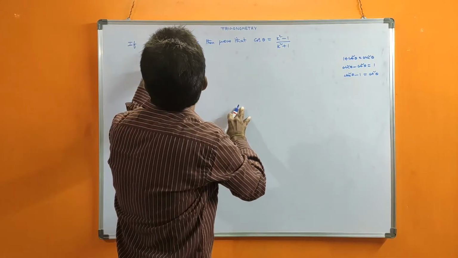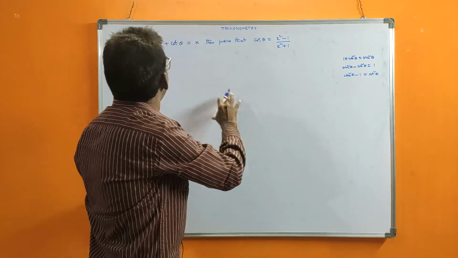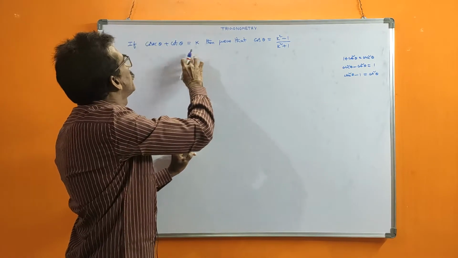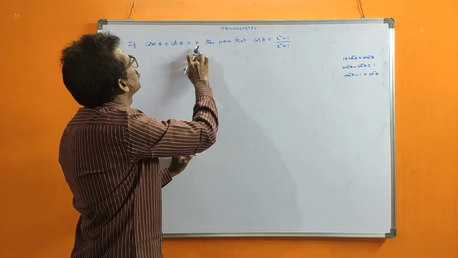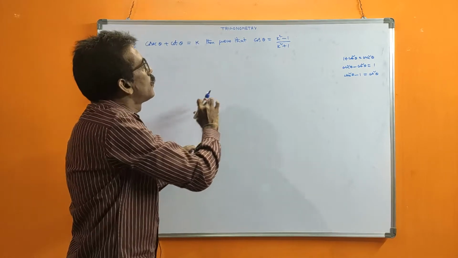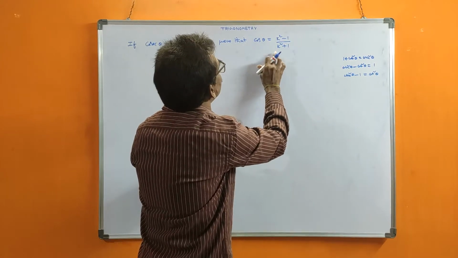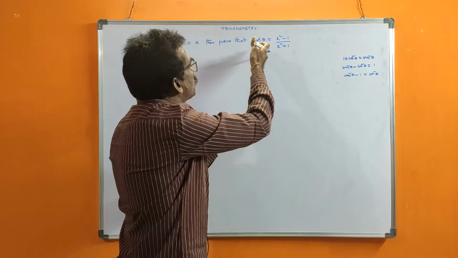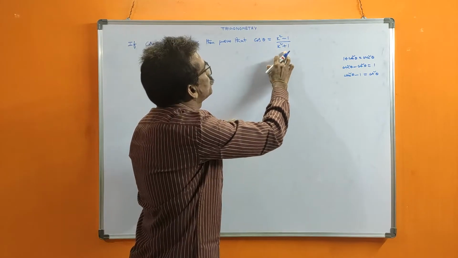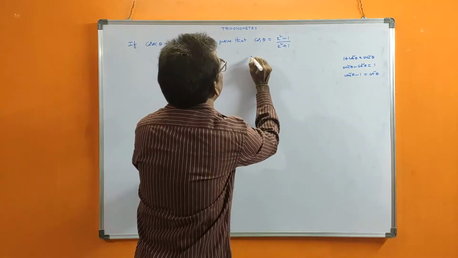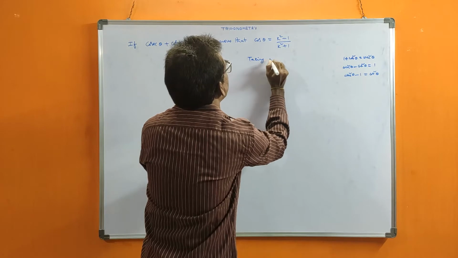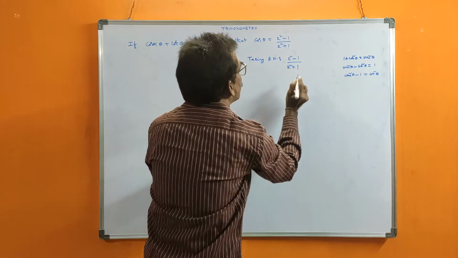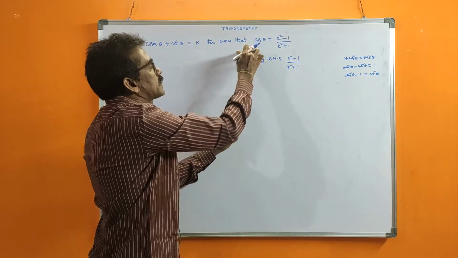Now, the condition given is cosecant theta plus cot theta is equal to k. That means the value of cosecant theta plus cot theta is k. By using this condition, whenever cosecant theta plus cot theta is there, we can substitute k. But we should prove this in LHS and RHS. For cos theta we cannot expand further, so you take the RHS and show it equals the LHS. That's why in this problem, taking the RHS, the RHS is k square minus 1 by k square plus 1. This we should show equals LHS, then it is proved.